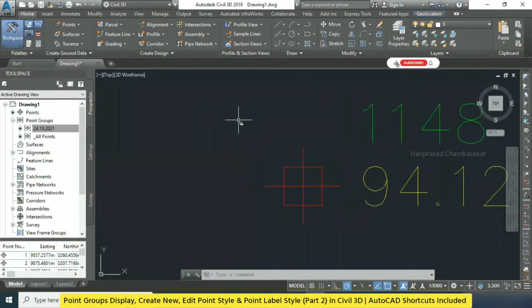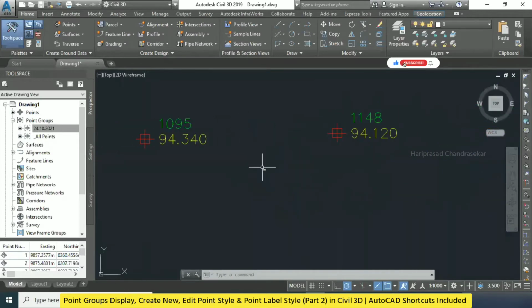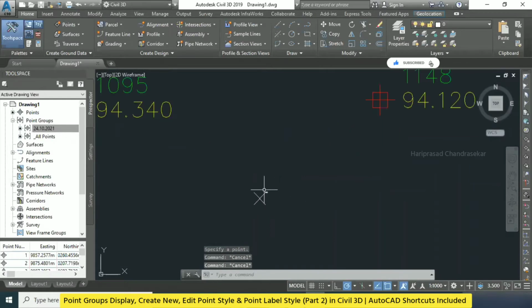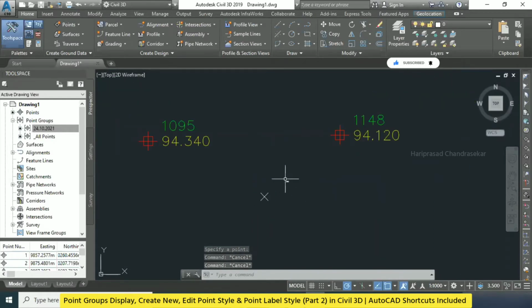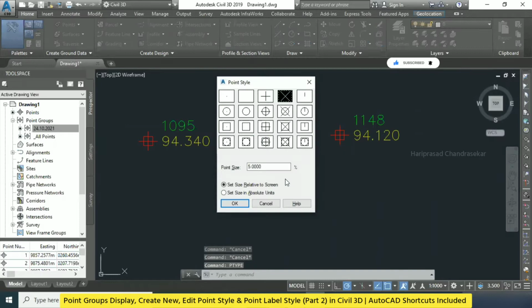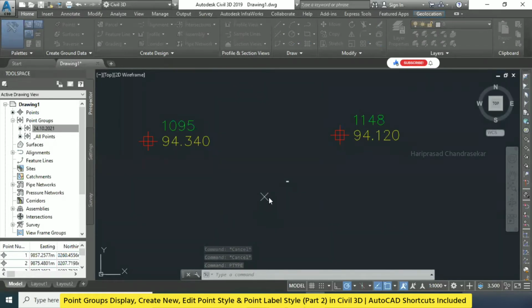Okay, now we have AutoCAD point also. Like AutoCAD point, I will try to have one point here. Okay, this is the AutoCAD point, right? Okay, but I will go for a P type. P type in the sense we can have some other points. For example, I will take this one. So now the AutoCAD point like this.